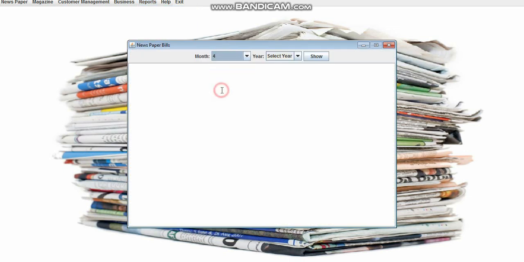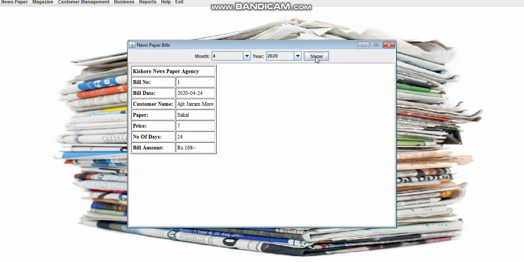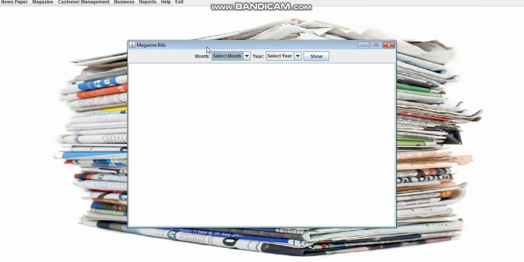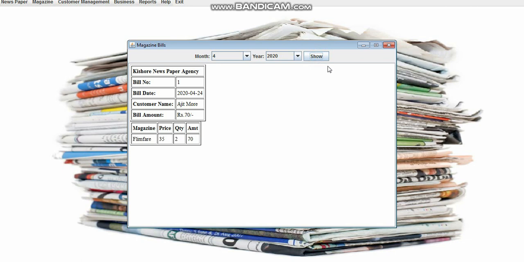As you saw previously, we had added a bill for a customer, and this is the same bill that we had stored as a record. And these are the magazine bills that we had created previously. And as you can see, the bill for the customer for your magazine.